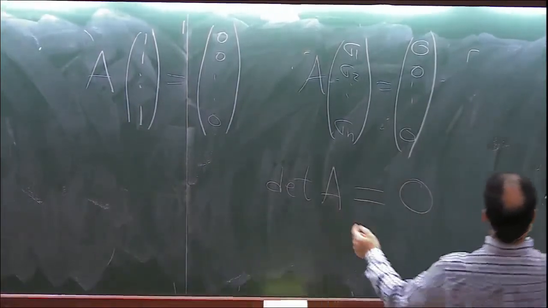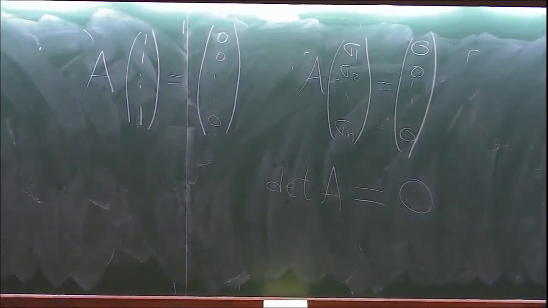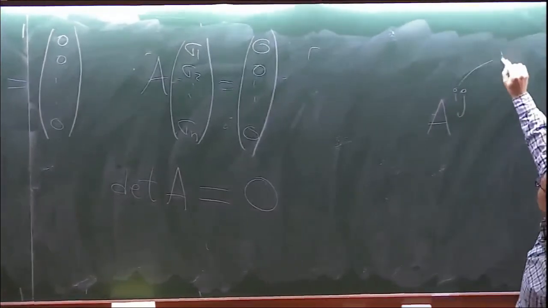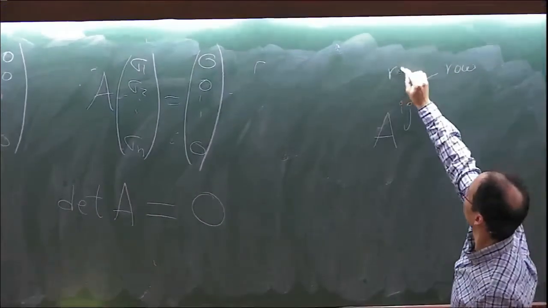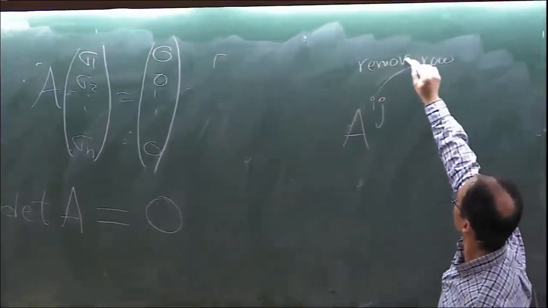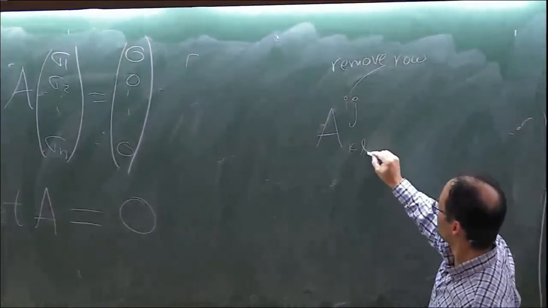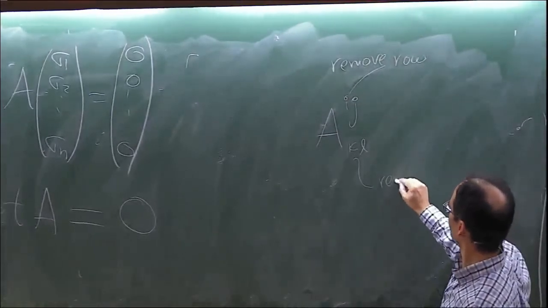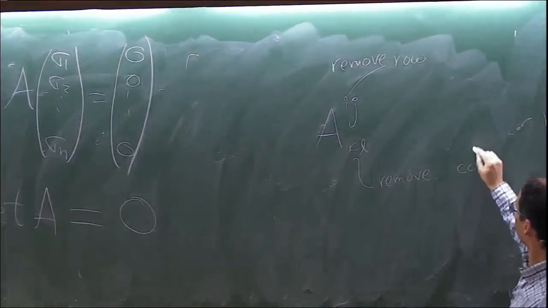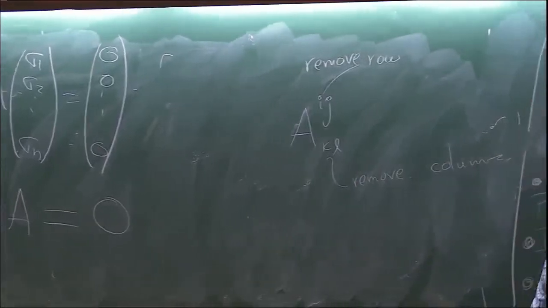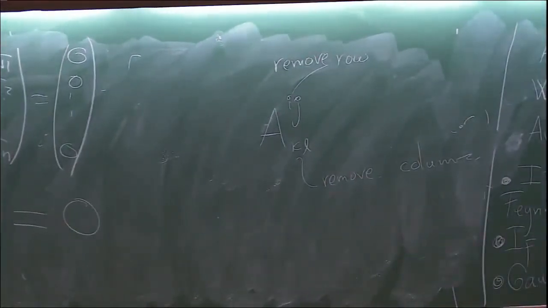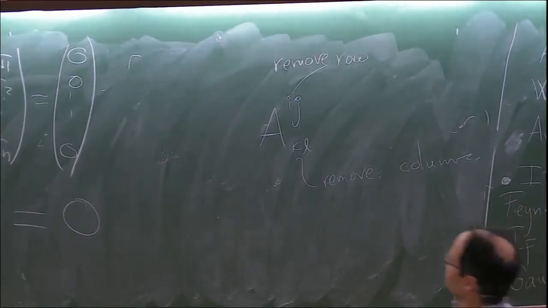So let's take this matrix A and remove the ith and the jth row, and the K and the L column. Now we have an n-2 by n-2 matrix, and we can compute its determinant to get